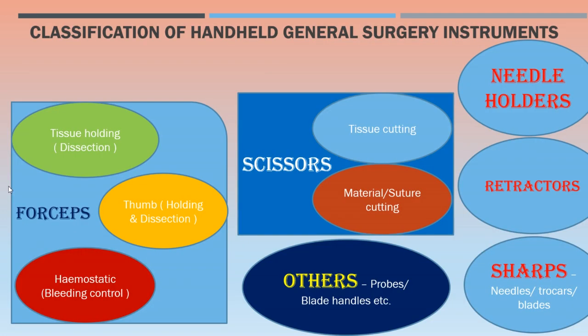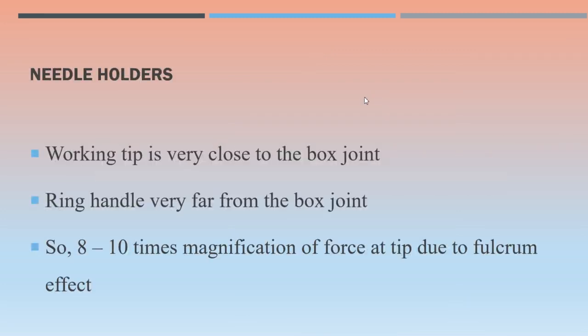Then again the same classification of handled general surgery instruments. We have finished the forceps, we have finished the scissors. What next? Needle holders are next. So needle holders, basically the important thing is that in needle holders, the working tip